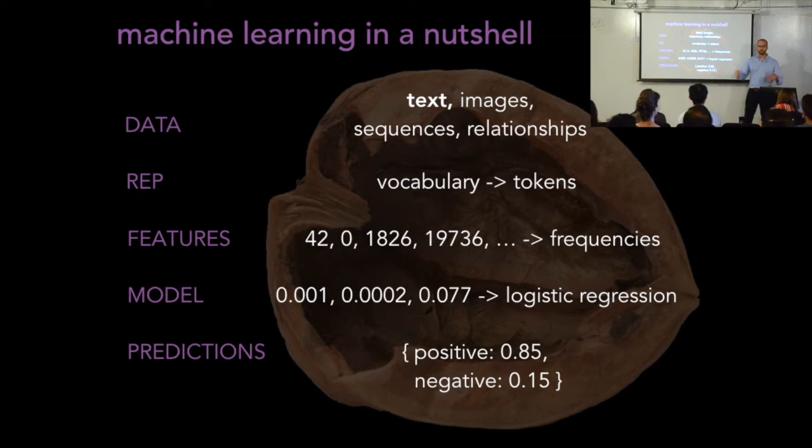So just to go over that again, machine learning in a nutshell. We have a problem that tells us what data we want to use, or vice versa. We use the data to create a representation the machine understands. From that representation, we create features that we feed into a model. And then from the model, it makes predictions. We use the predictions to inform what we want to do and feed it back into the pattern. Okay, sweet.